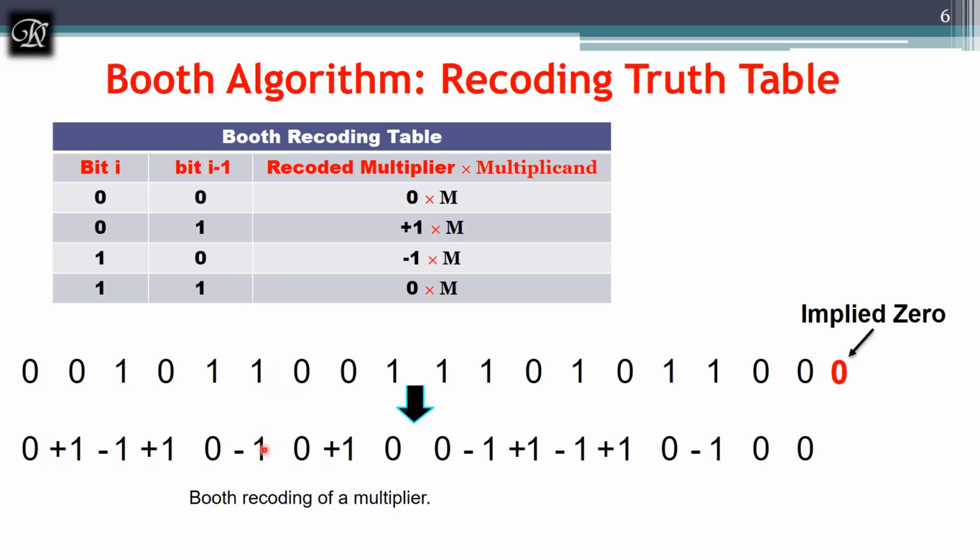0 to 1, negative 1. 1 to 1, it is 0. 1 to 0, it is positive 1. 0 to 1, it is negative 1. 1 to 0, positive 1. 0 to 0, it is 0. This is how you have to find the new Q dash. You should remember only this truth table. You need not worry about how this is there. Again, you will get more examples in the next coming discussion.